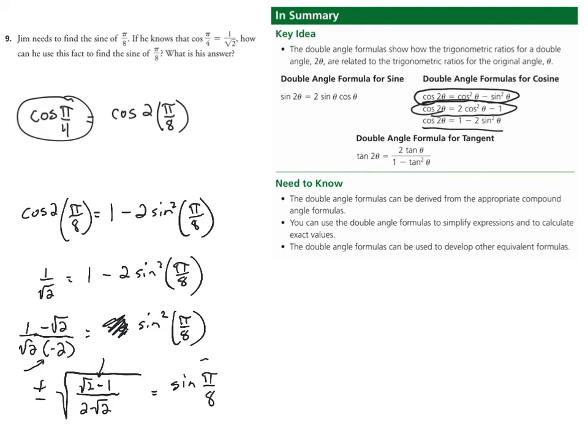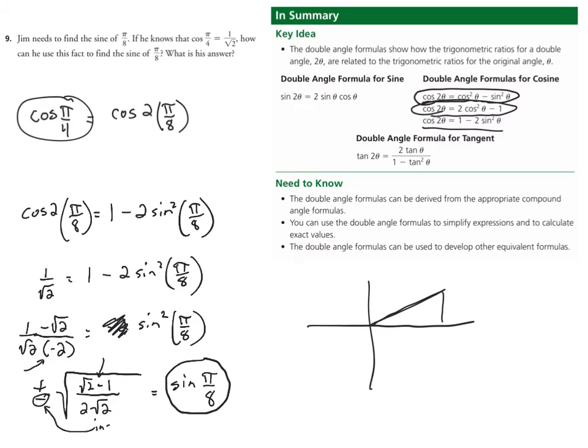And now we know the sine of pi by 8 has to be positive, right? Sine of pi by 8 is like 22.5 degrees, so it's definitely positive. So this negative is inadmissible. That is definitely not one of our answers. And so it's simply sine of pi by 8 equals the root of root 2 minus 1 over 2 root 2,